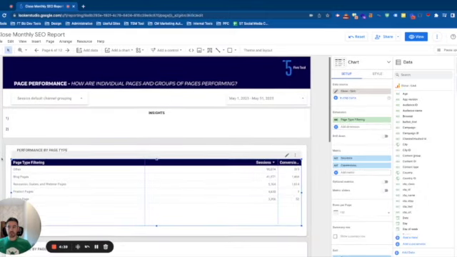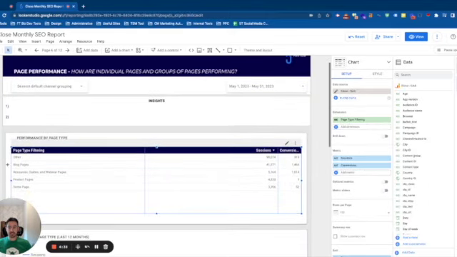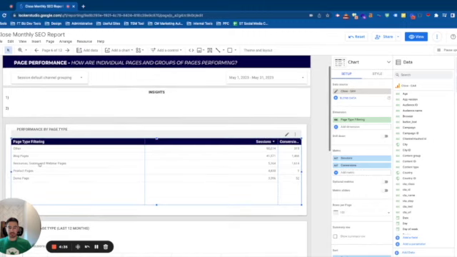Okay, on to the second report. All right, so moving on. The next is going to be page type performance. So we really want to, again, break this up in different page types. So you can see what we've done is page type filtering. So you've got blog and resource guides and webinars and product pages and demo pages. So the way to do this is